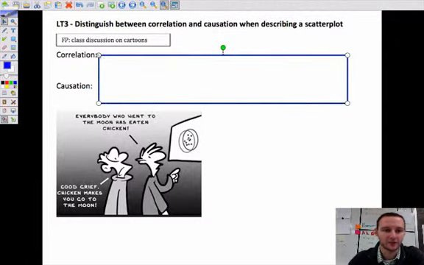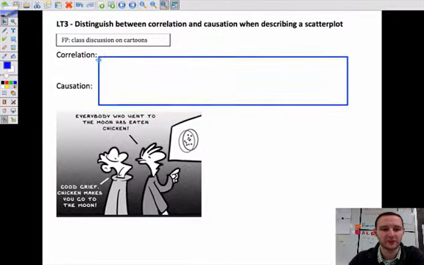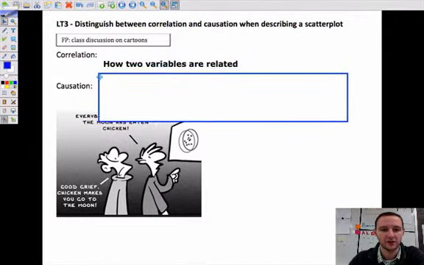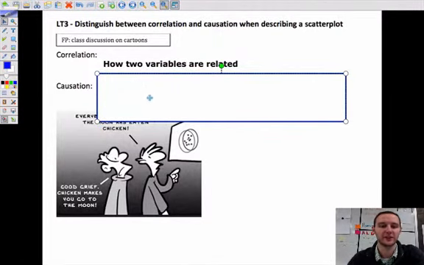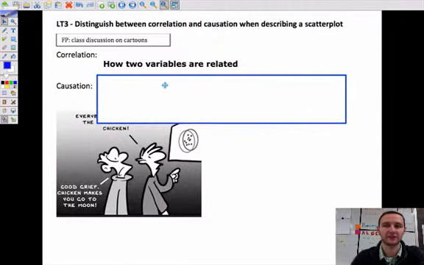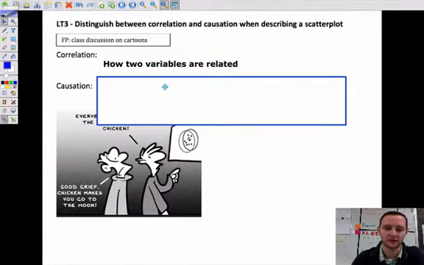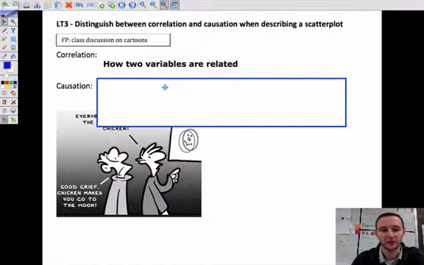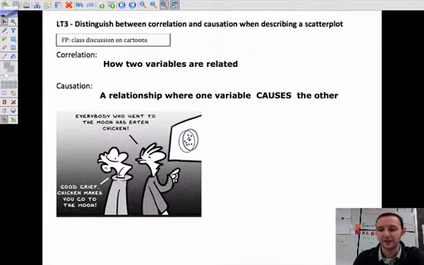other. So a correlation, we've been talking about these for a while, so this is something that you kind of already know, but a correlation is just how two variables are related. And you know that we've talked about the various different types of correlation: positive, negative, strong, weak. We talked about a correlation coefficient that represents the relationship. A causation